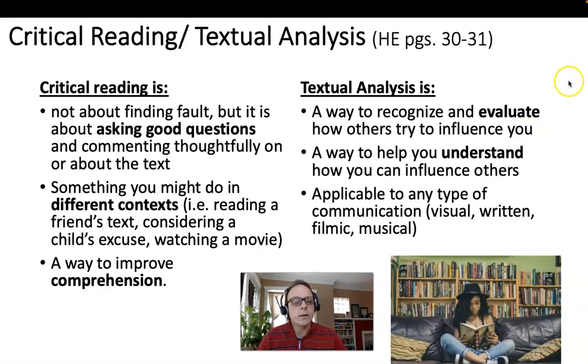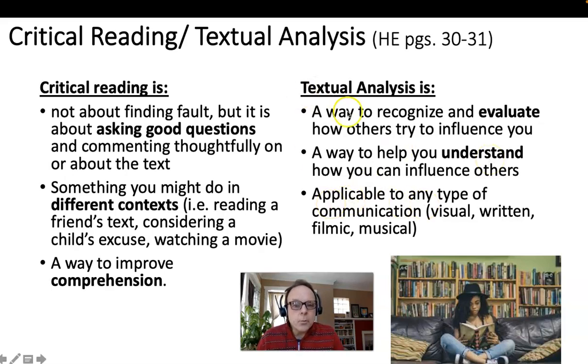But even in fiction, like our short stories, but definitely when you're reading the article about predicting premature births, which is the one for this week, you can really try to evaluate how they're trying to influence you if they are trying to persuade you of something. It's also a way to help you understand how you can influence others. So textual analysis not only helps you figure out, okay, this person's trying to persuade or influence me in some way, but then you can turn that around and use those same strategies to try to persuade somebody else in your own writing, which of course you have to do when we're writing essays.